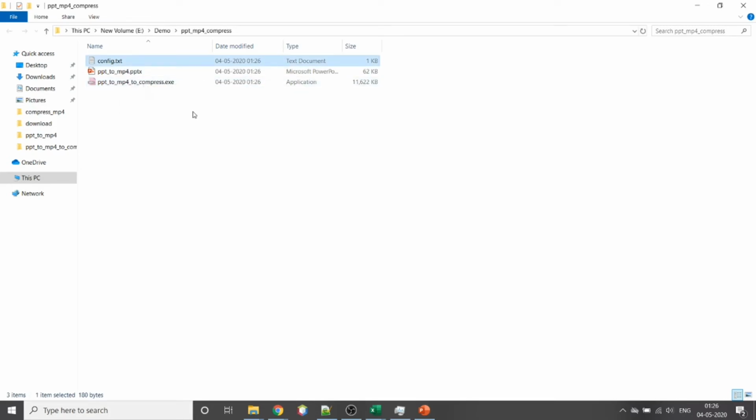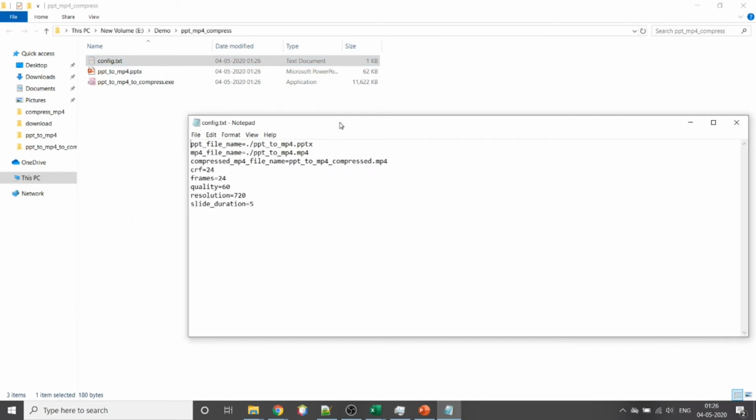In your case, you will replace your presentation which needs to be converted into MP4 here instead of this PPT, and in the config file you need to mention the name of this presentation file. For example, in my case, I have written the ppt file name as /ppt to mp4.pptx, which is this file.